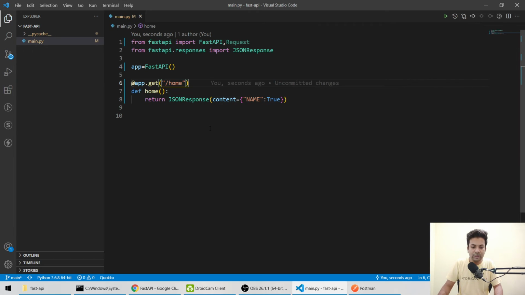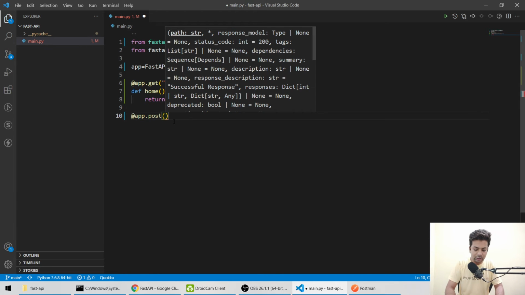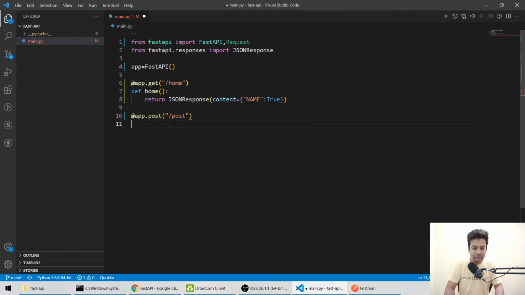Okay, so name true. Now if I do want to do a post request, I'll do app.post. Again we'll make the URL, then we'll make def. Here we have to make it async.